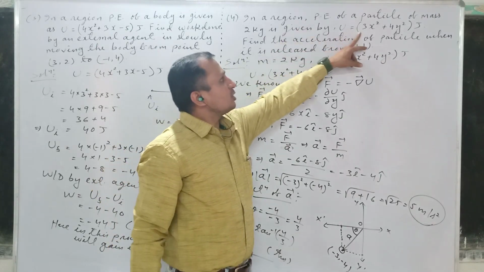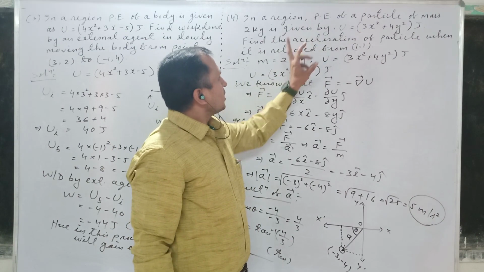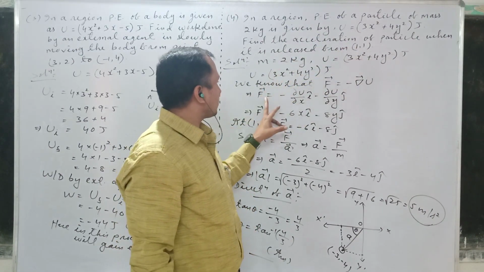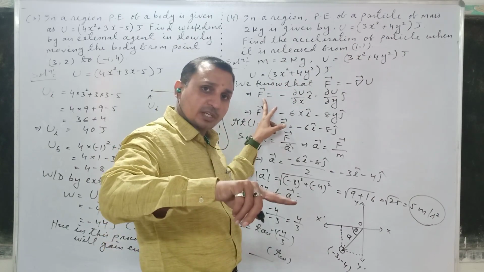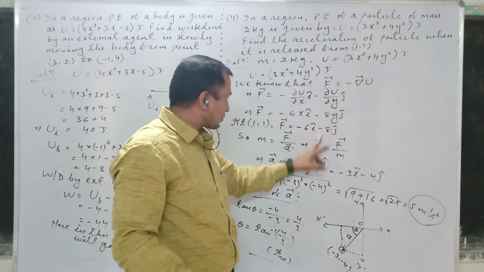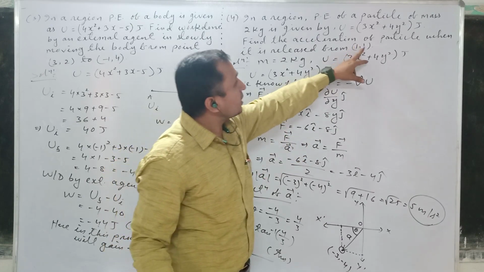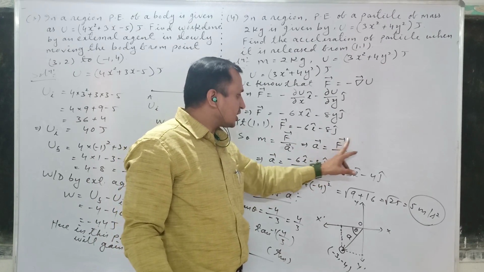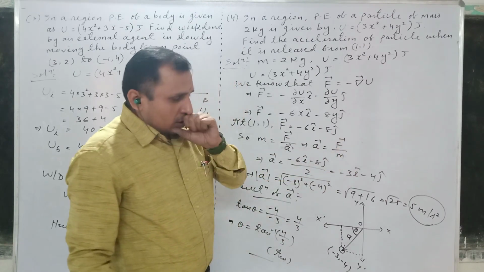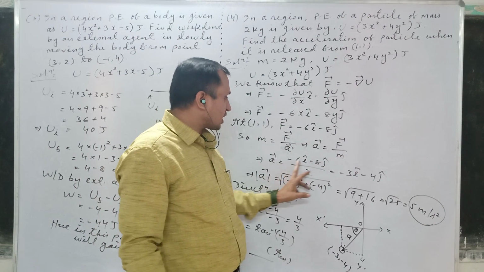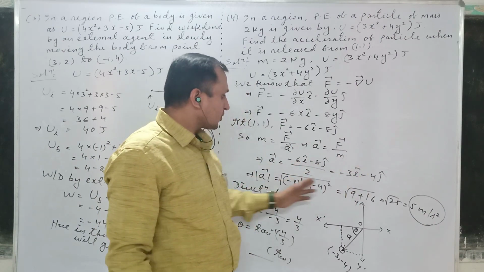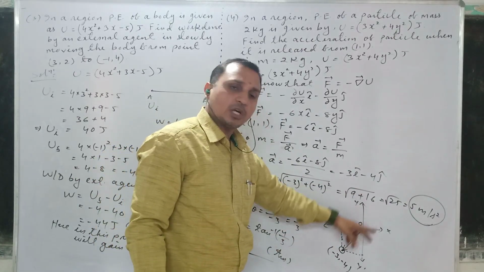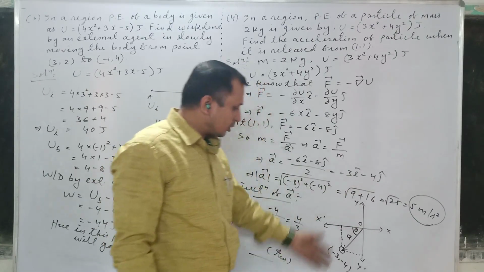If the potential energy is given, mass is given, and I want to find the acceleration at a particular point, so first you have to take the relation between force and potential energy, and by using that relation first find out the force. After that, at that particular point find the force and directly put the formula a is equal to force upon mass. Are you getting? So a is equal to this. So finally the magnitude of the a vector will be this, and if you want to find the direction, then with the help of the coordinates we can find out this.